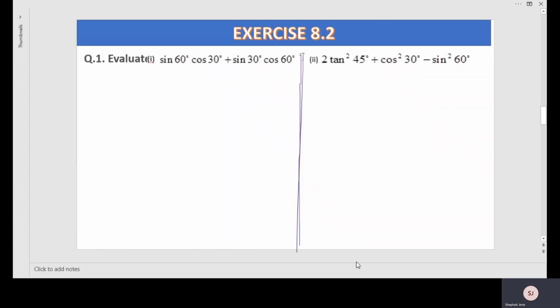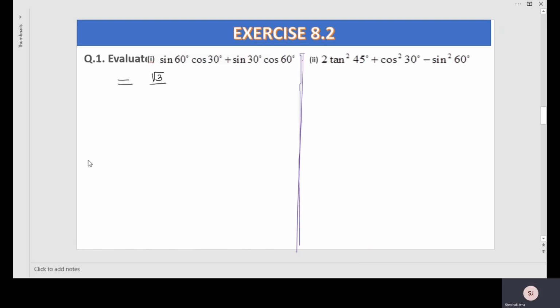So evaluate sin 60 degree, same only formula. So you should recall your fingers, sin 60 degree, square root of before divided by 2. So like that you should take. So now you find sine 60 cos 30 plus sine 30 cos 60. So you have to evaluate. Sine 60 degree how much? Square root of before divided by 2.